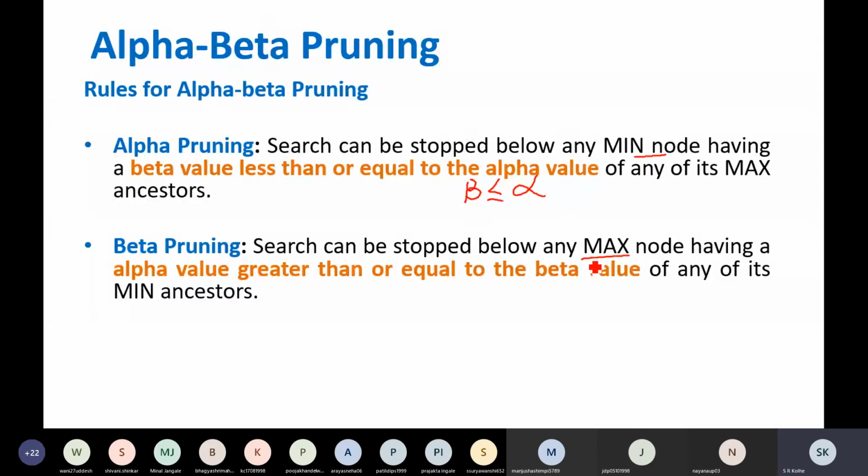So beta pruning will be performed below the max node if alpha value is greater than or equal to beta value. These two important rules make your minimax algorithm more efficient, and that saves a lot of effort.